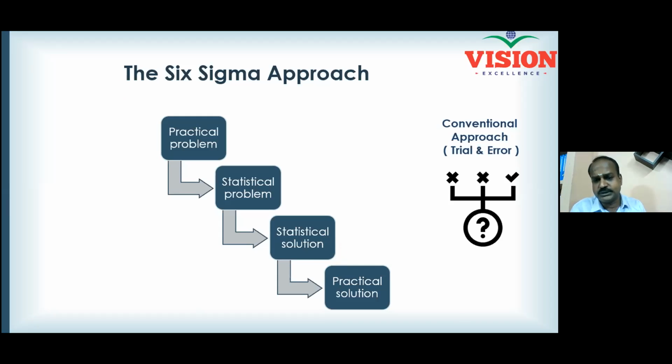If you follow this approach, any complex problem can be solved. Every time success is guaranteed. If you want to follow other methodologies, you name it anything, failures are frequent, success is rare. But here, success is frequent, failures are rare. You can make your choice. If your problems are really critical, your organization deserves the Six Sigma methodology. Give your organization the advantage of the Six Sigma approach to get its problems solved.